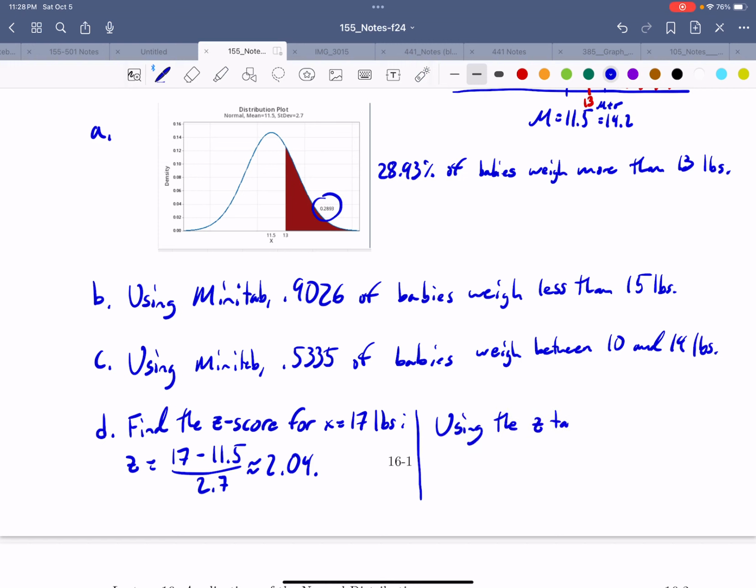Using the z-table, we see 17 pounds has 0.9793 of the data